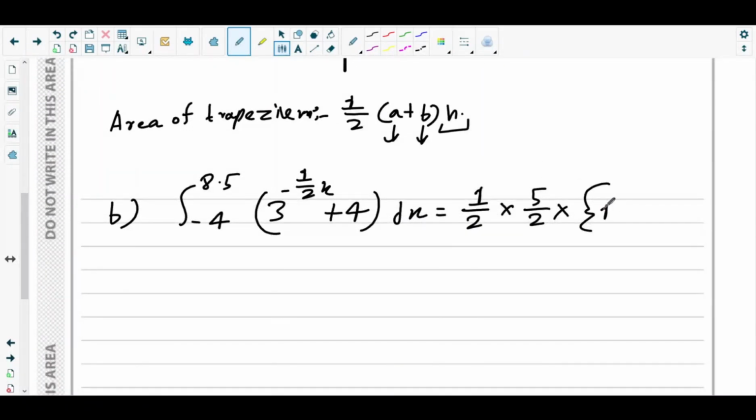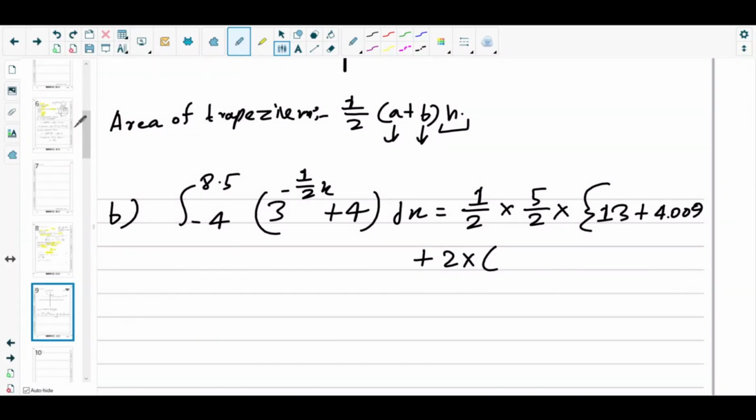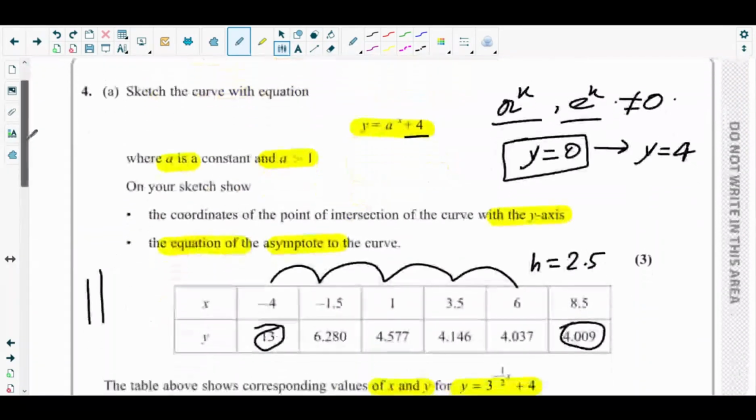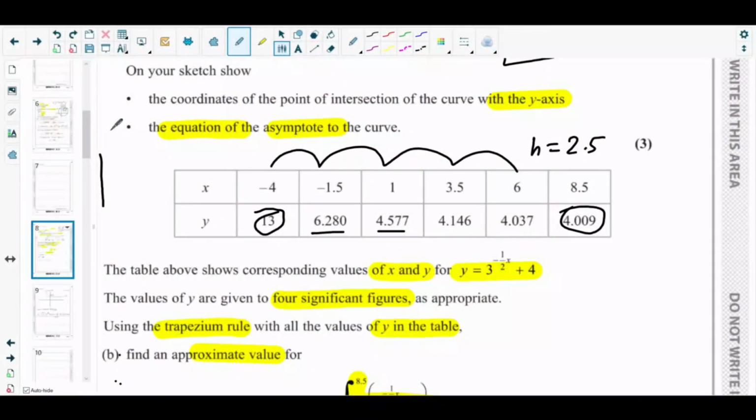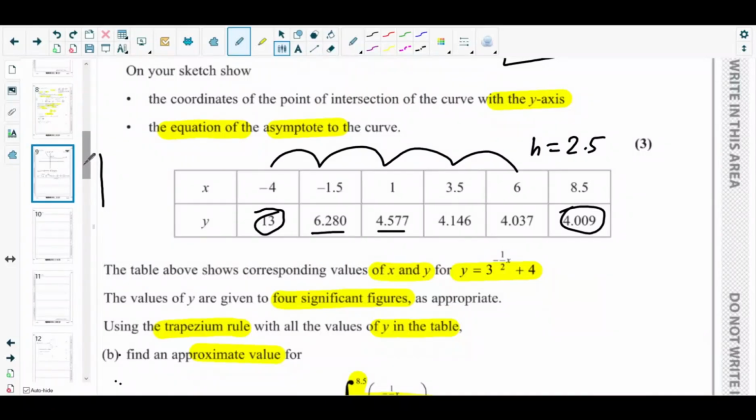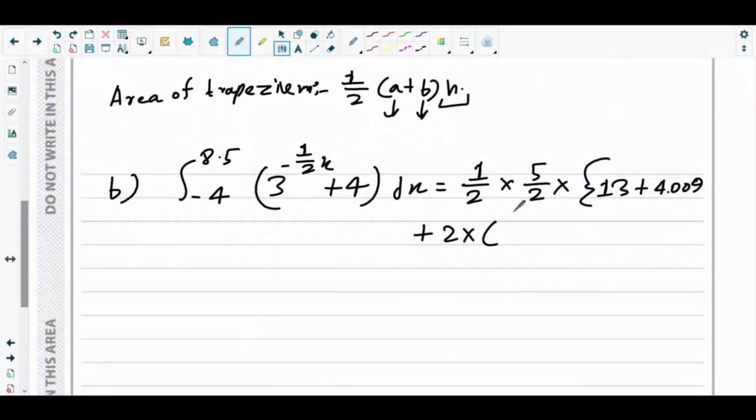That is 13 plus 4.009, and then the rest of the heights will get repeated twice, because these are the common sides of two strips. So these are 6.280, 4.577. Let me write them one by one: 6.280 plus 4.577, and then plus